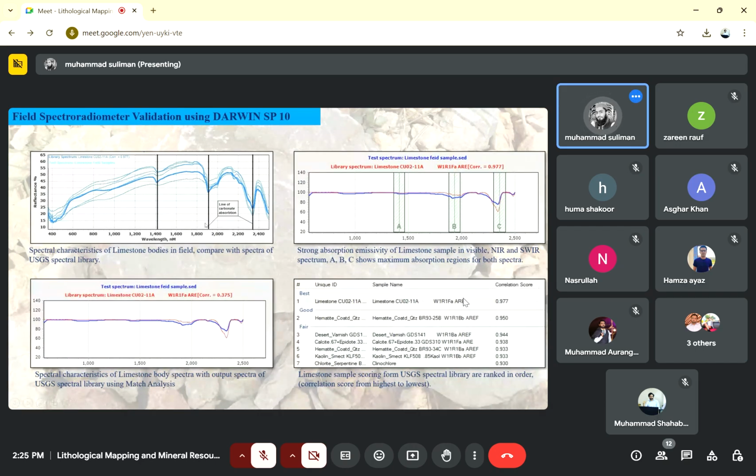300 nanometers, and then we also correlate this with the USGS spectral library, and there it also correlates in the ABC region with the carbonate strata. Also, it also makes